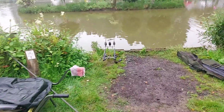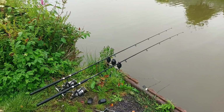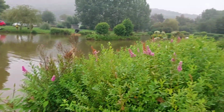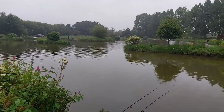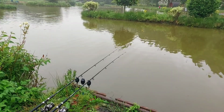Right, so all it is now is to take the rods down, put them in the car, and we are off. Didn't actually get a third fish, unfortunately, but really nice day out. Pretty chill day. There's a few fish coming out now actually, but you've got to be off the lake by 8 o'clock, and it's 7 o'clock now. So yeah, we've had a good day,